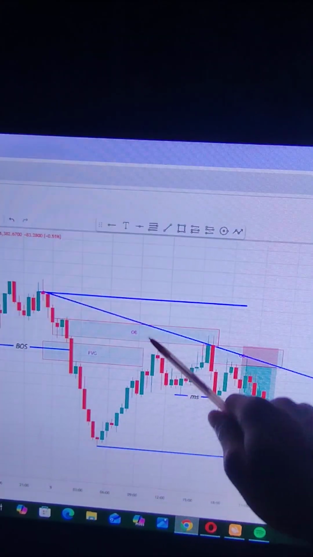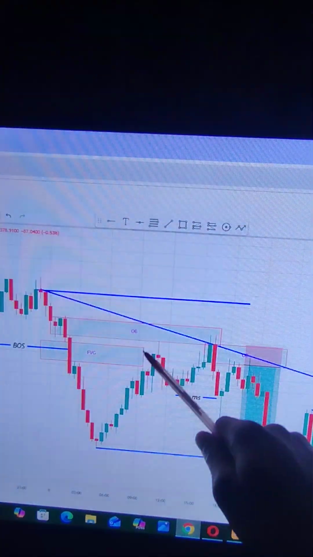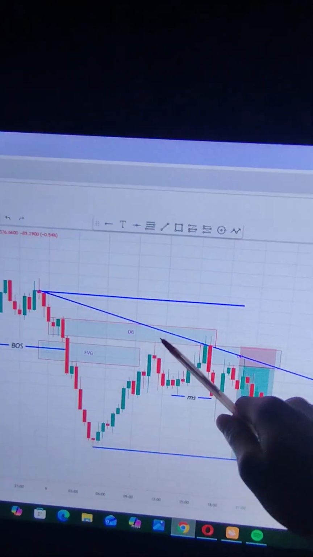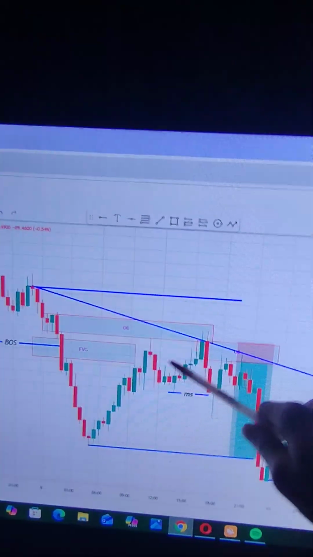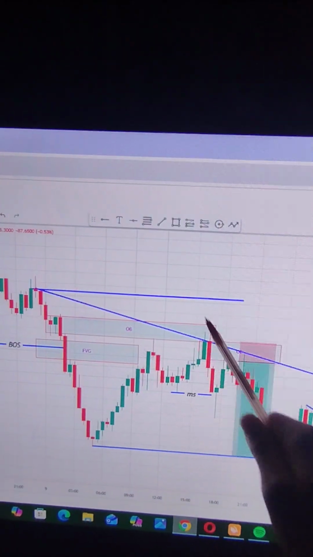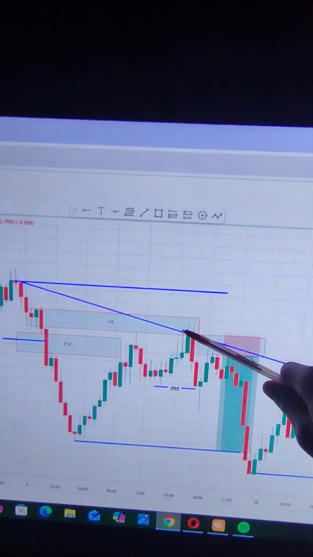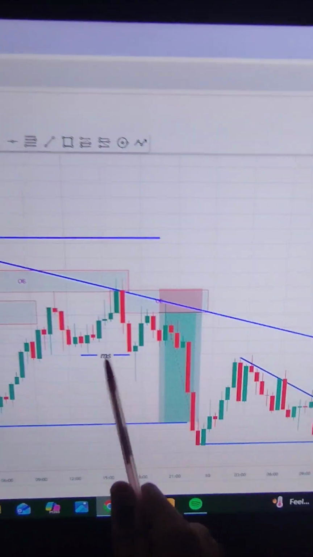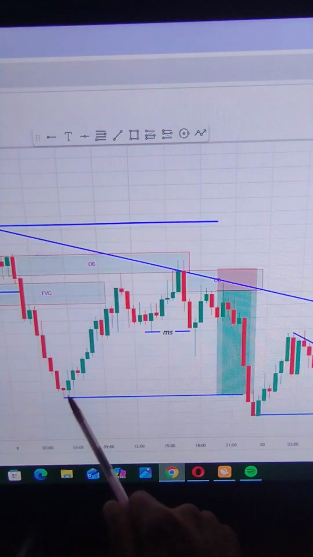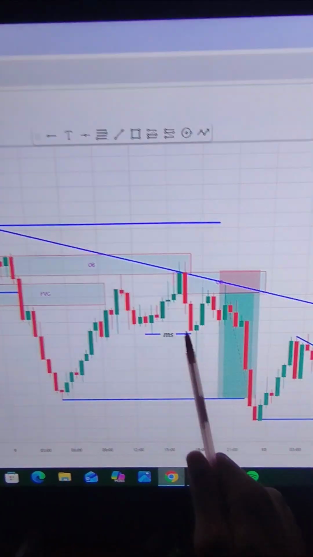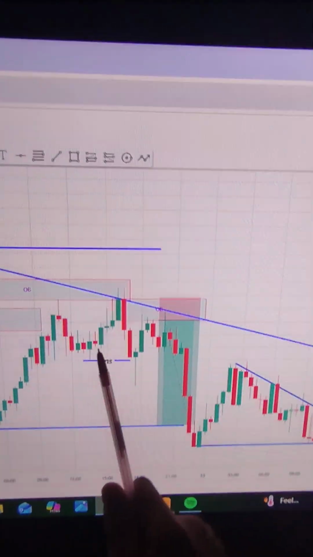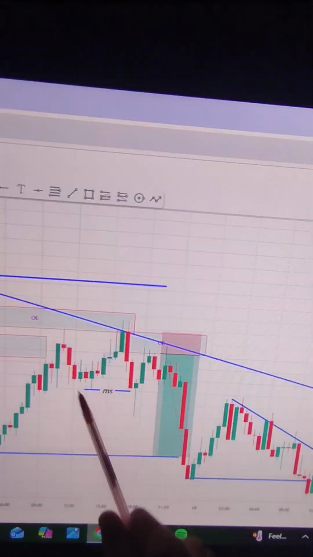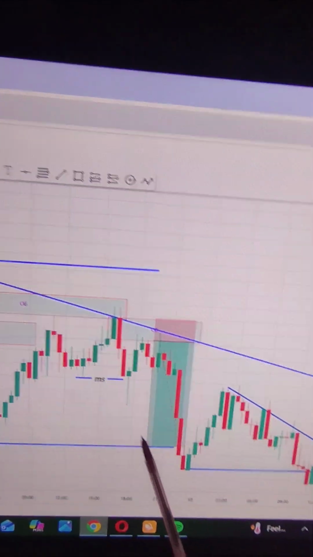These first people that took a sell, because the market got into the order block, the market has to manipulate them out before the final reversal. So when the market manipulated them out, it caused a market shift. The market shift happened at this level. Remember, this is the last low point we are to sell to. So once the market shift happens here, that is a signal that this sell is going to continue